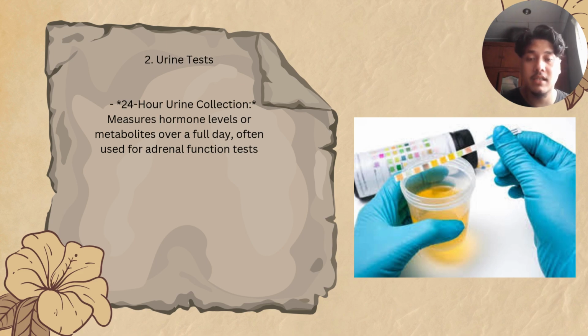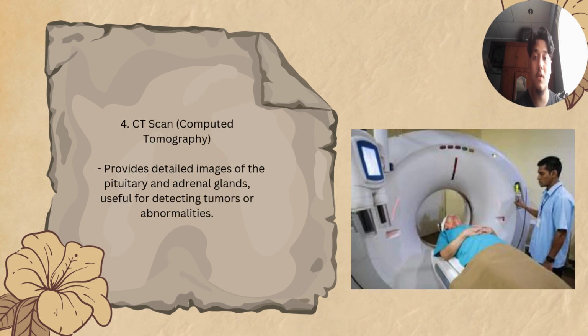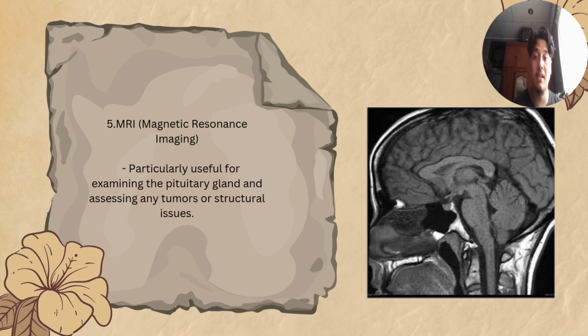Second is urine test. It's a 24-hour urine collection. It measures hormone levels or metabolites over a full day, often used for adrenal function tests. Third is ultrasound, used to visualize thyroid nodules, goiters, and parathyroid glands. Fourth is CT scan, computed tomography, which provides detailed images of the pituitary and adrenal glands, useful for detecting tumors or abnormalities. Fifth one is MRI, magnetic resonance imaging, particularly used for examining the pituitary gland and assessing any tumor